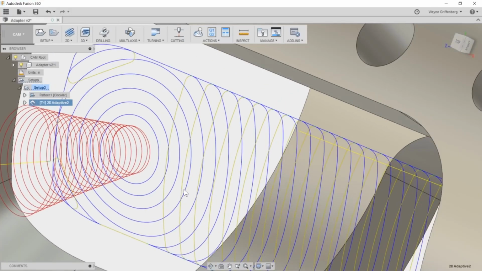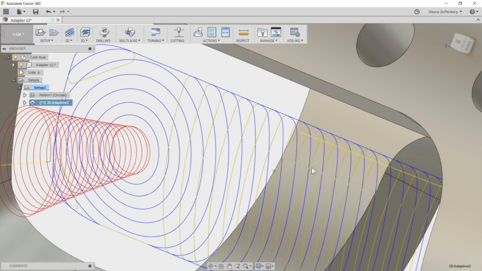So if you can control the chip size, you can run at faster spindle speeds. Faster spindle speeds, you're going to transfer the heat, right? You're going to get less friction. You're going to transfer that heat into the chip and pull the heat out with the chip. So therefore, you can run at faster spindle speeds, faster feeds, and faster speeds. So you're going to be able to get the parts off the machine a lot quicker, and you're going to save tool life because it's not going to retain all that heat,